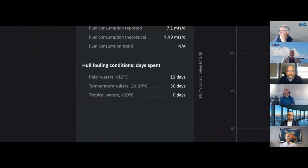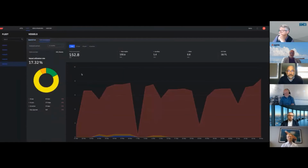We also analyze the time periods spent by vessels within different water temperatures, because it affects the hull fouling. And afterwards, we calculate the vessel utilization rate also automatically. So the percentage for this particular vessel was 17.32%. And for the active voyages, for the port areas, and for the anchorage time, we also calculate the impact of these events for the carbon intensity index